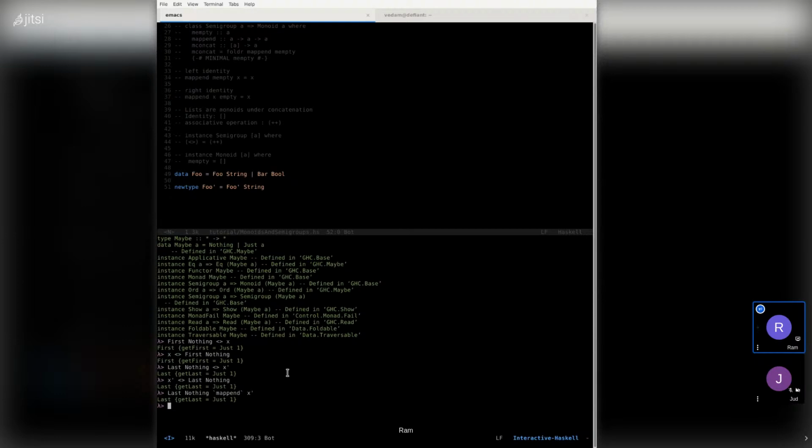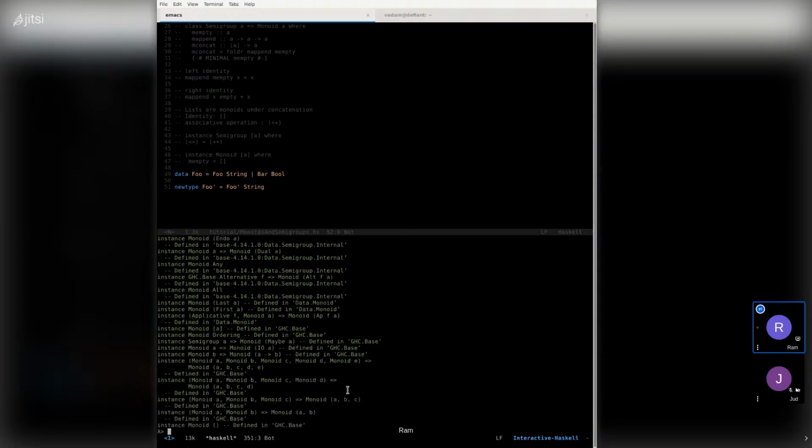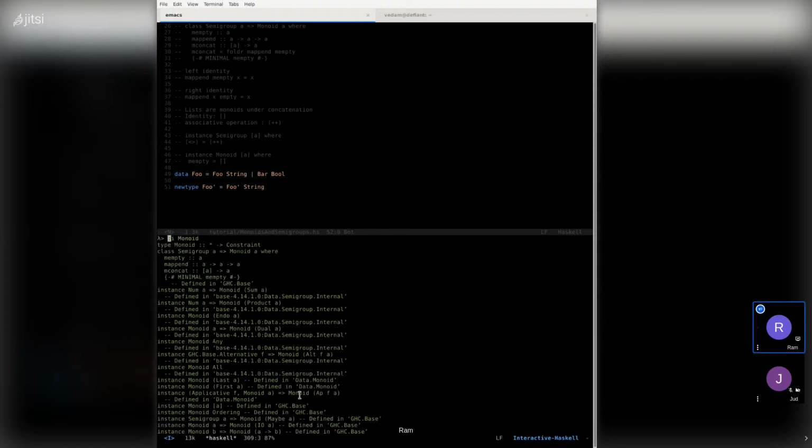So when we look at monoids or monads and what's been defined in the actual signatures, you may notice that every type that's been defined is taking in a monoid and returning a monoid.